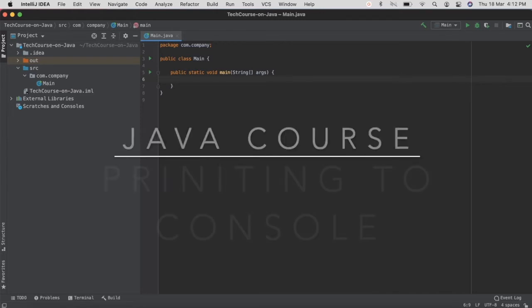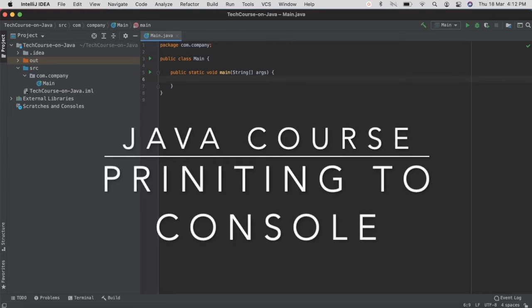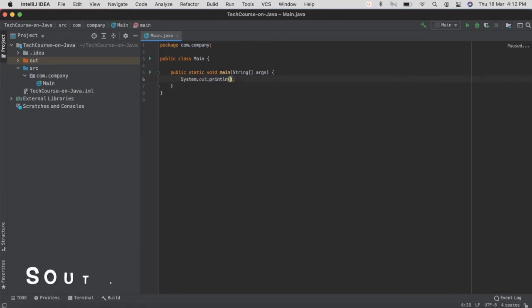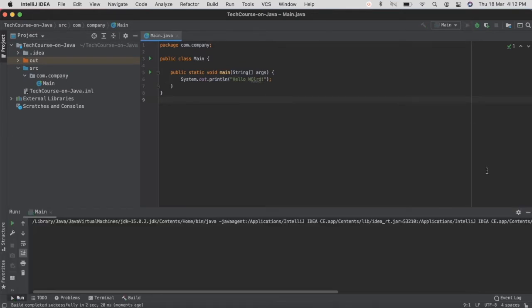Let's talk about printing to the console in Java. So we can write sout in IntelliJ IDEA to write System.out.println. This basically prints a line inside our console. So in this, what we are going to be writing is simple: whatever we want to print. Hello world. When we run it, it would run. So that's really cool, isn't it? Hello world is getting printed.